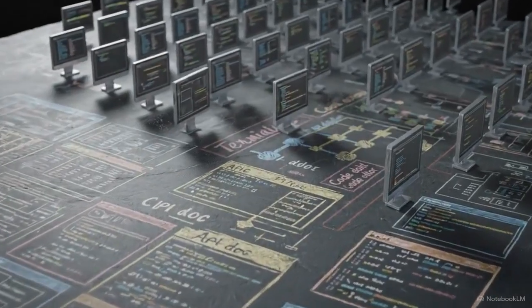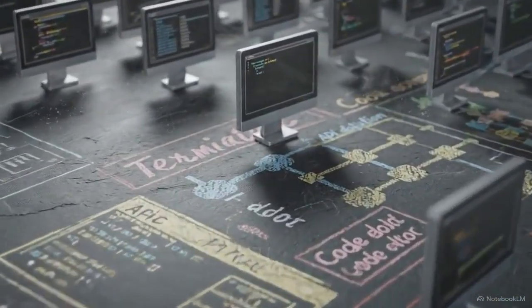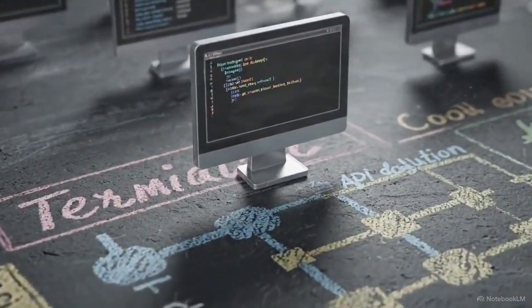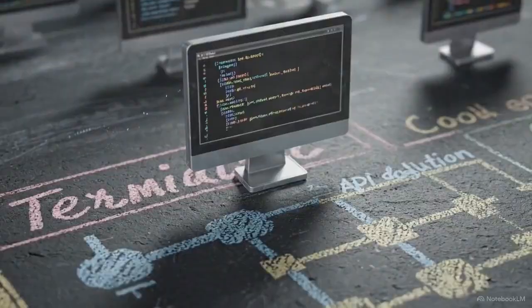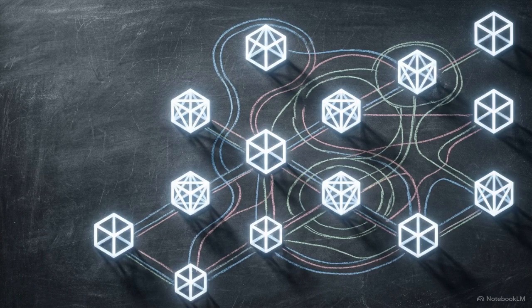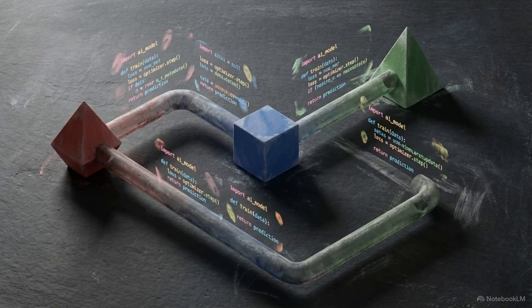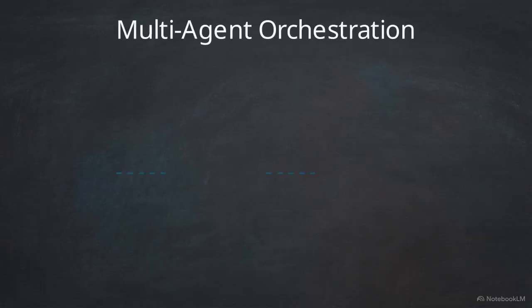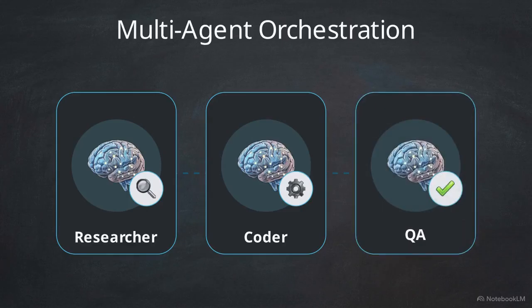Building these autonomous systems in a real-world environment requires an upgraded technical stack. First, you need an orchestration framework. In our classes, we focus heavily on frameworks like CrewAI and AutoGen. CrewAI and AutoGen are specific software libraries designed to let multiple AI models talk to each other and coordinate complex tasks. These frameworks allow you to spin up a multi-agent workflow. You can deploy a researcher agent that gathers data, which it then hands off to a coder agent that writes the actual program, which is finally reviewed by a QA agent.